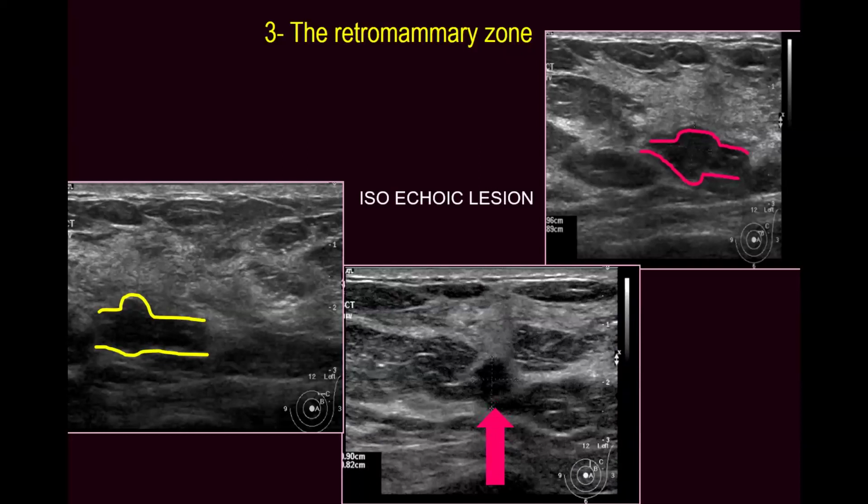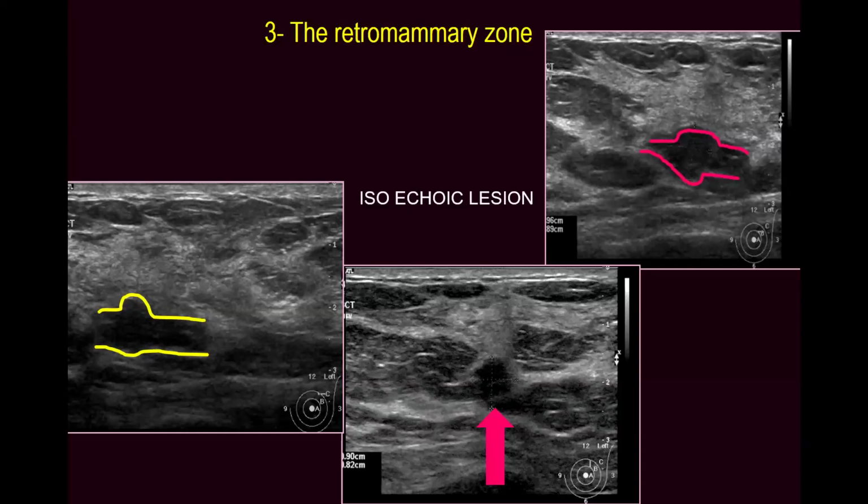Look, but here with some manipulation and adjustment in the machine, going back and forth, at the end we could demonstrate the lesion a little bit more clearly. Okay, and that was proven to be invasive ductal carcinoma